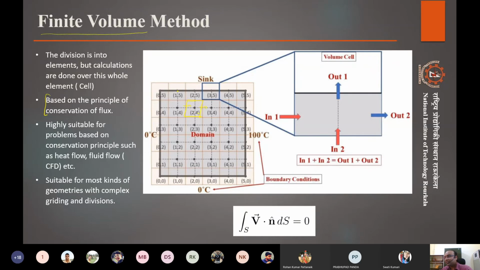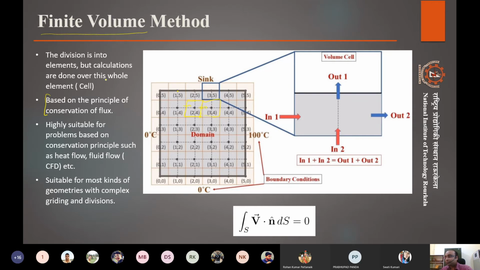So for example, these two cells that are being seen here: if this wall represents the output of this cell, it will represent the input for the next cell, right? So in this case, we are not losing any data. Whatever values we have will continue throughout the whole domain by these kinds of calculations.